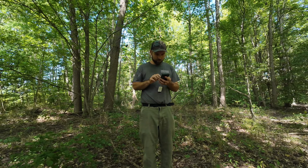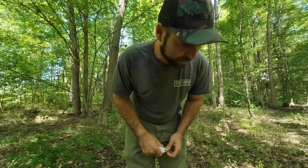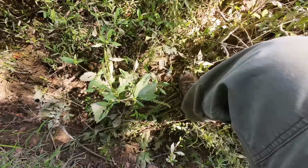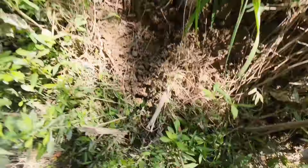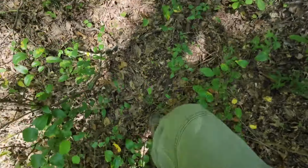Doe and fawns, no bucks at all on this camera. I don't think I'm going to waste a cell camera in here. I'm just going to put the card back in this camera and keep it rolling. Steep bank there. All right, now